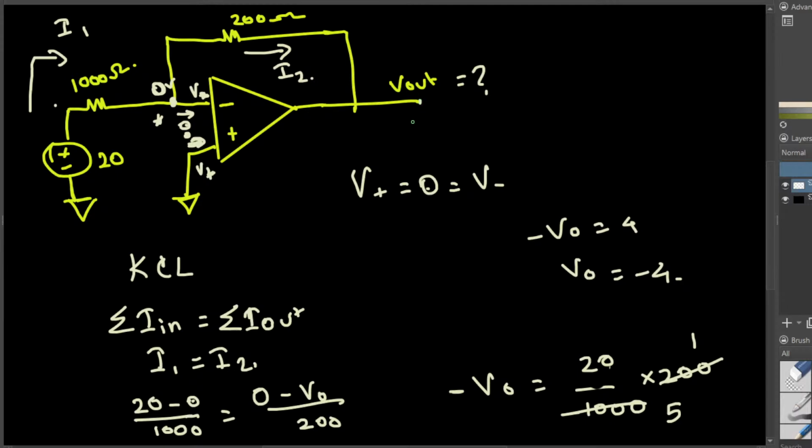Okay, this is one thing. We found out the V out voltage. Let's say we have a question: turn this into a positive voltage. How can you do that? If you want to turn this voltage into a positive voltage, what you can do is connect another op-amp circuit like this. If you connect another op-amp circuit with this,